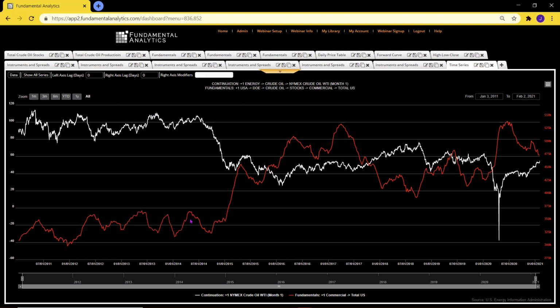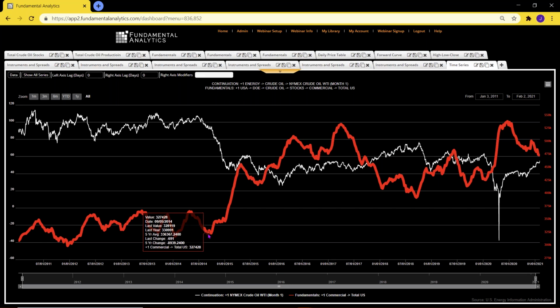And correspondingly, we have the crude oil inventories. And it's no surprise that we tend to see an inverse relation between the inventory level and the price of crude. But what I'm doing here is having a price chart with a fundamental chart. So I'm looking for possible correlations or signals that the fundamentals may offer me when I'm trying to understand what prices are doing and where the setting is right now.